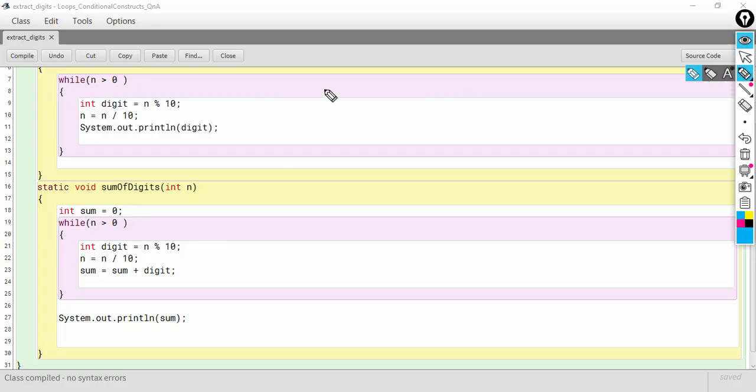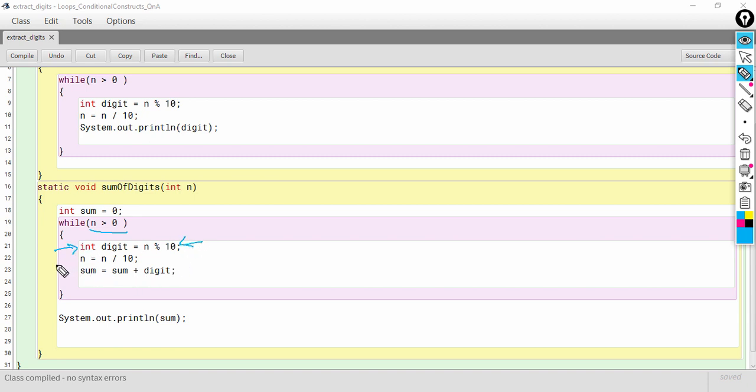Okay, so now let us extend the logic and see how we can add the digits of a given number. You can see I've written exactly the same thing here. While n is greater than 0, and inside the loop, the first thing I'm doing is extracting the digit.